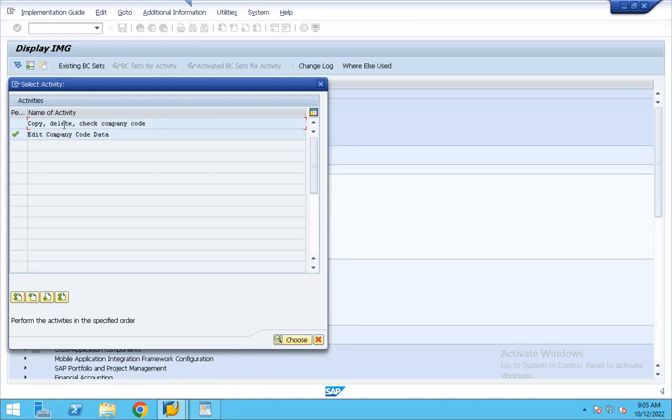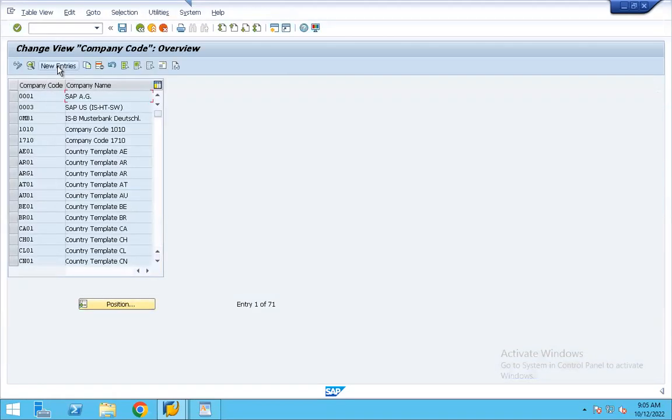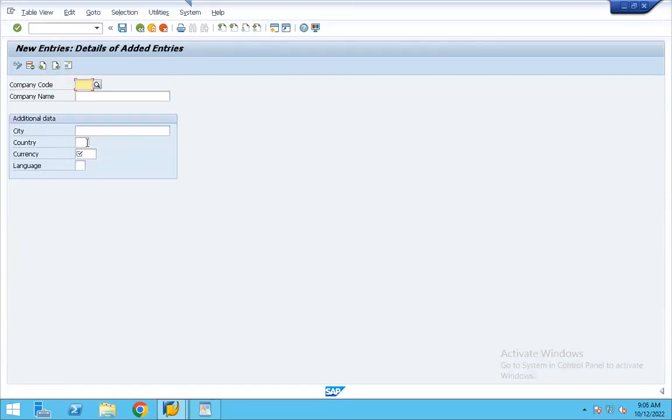So right now we are configuring one company code, and we are going to leverage this particular part. We are not going to create our company code like this by hitting on new entries and then putting in details of the company code. This will create a company code, but that company code will be a hollow company code. Hollow, it will not contain anything. And what do I mean by anything? That means it will not contain any GL accounts. It will not contain any profit centers, cost centers, assets, or different kinds of other financial entities.